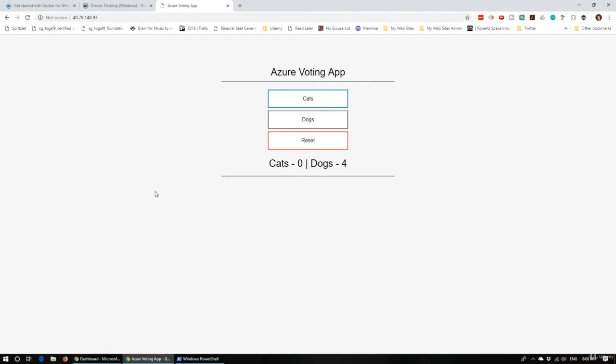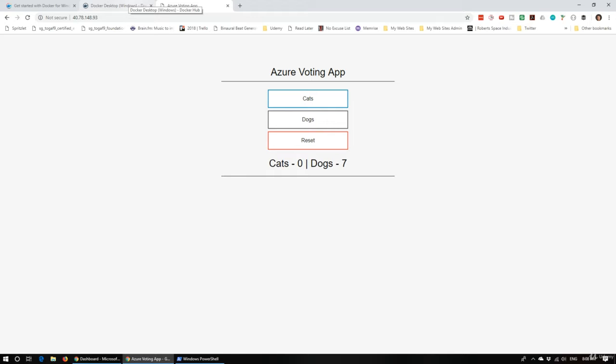So in the last set of videos, we took an existing image that exists on the Docker Hub, deployed it to a Kubernetes cluster, and we can see that we can continue to vote for dogs in our little voting app. But now we need to talk about creating our own containers. How do we package up a container and publish that in a way that we can deploy it to a Kubernetes cluster? So before we start on that, there is a prerequisite that we need to have: Docker